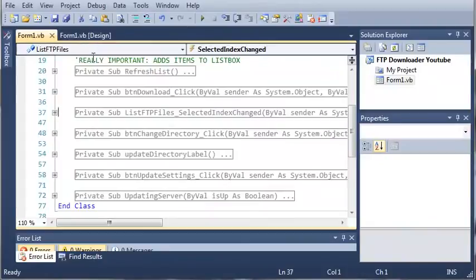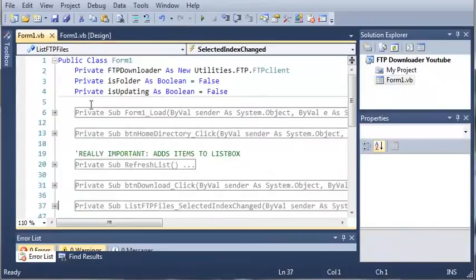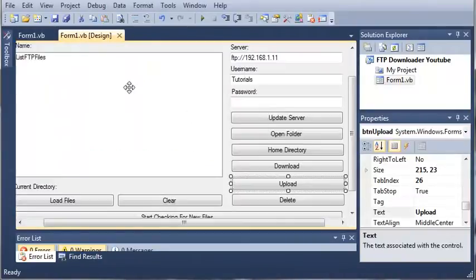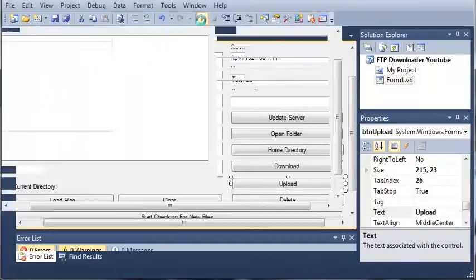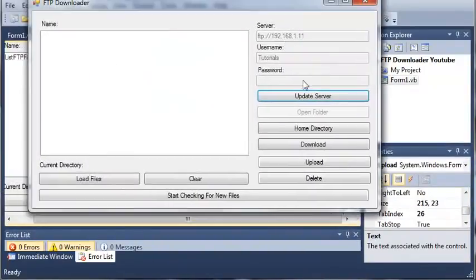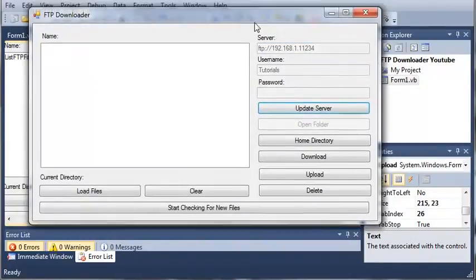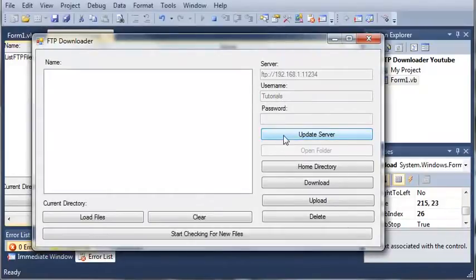Hello YouTube, Sam here from youtube.com/onlivegamer, and in this tutorial we're going to continue working on our FTP downloader. Now you may have been thinking to yourself, what if they put in an invalid server? So let's say this is invalid. When I click Save Server Settings, you can see that if I click Home Directory, it's going to try and